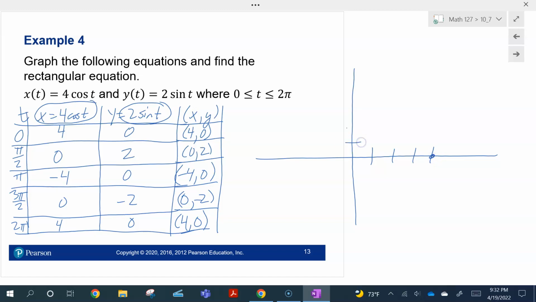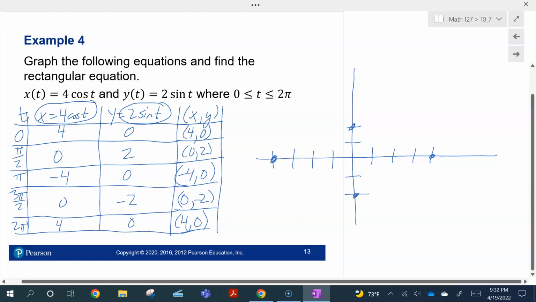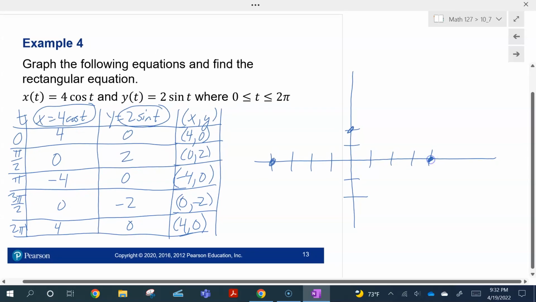We put on 0, 2. Then -4, 0. Then 0, -2, and then it's back to 4, 0. And I could put some more points on if I picked more points. And what you see here, if I did pick some more t values,